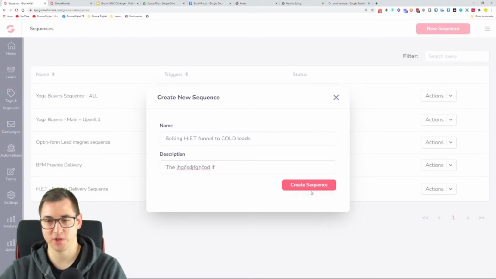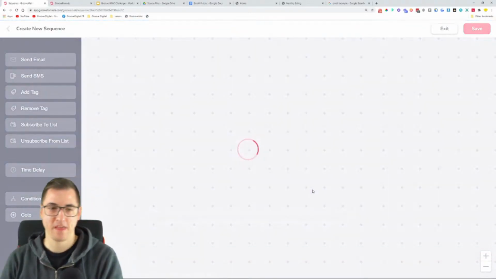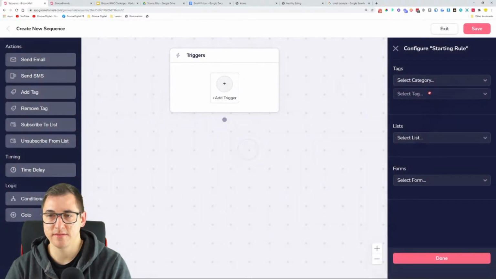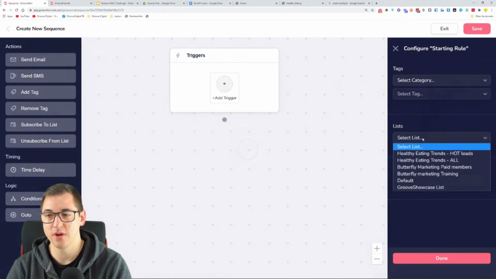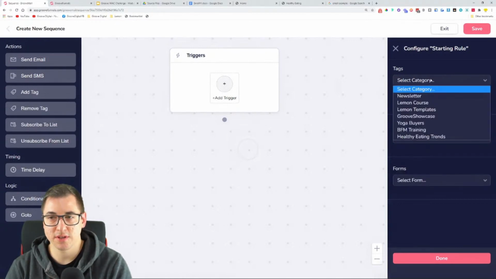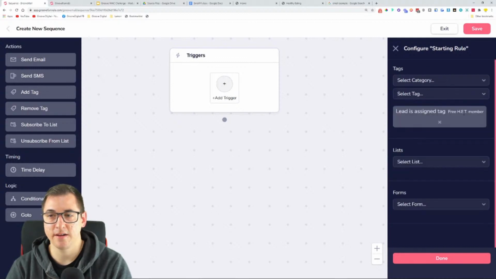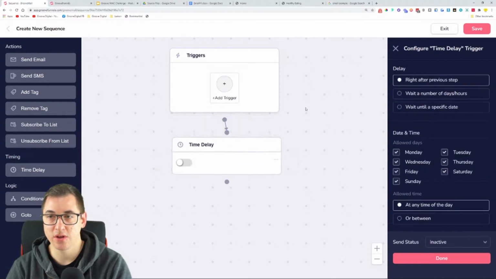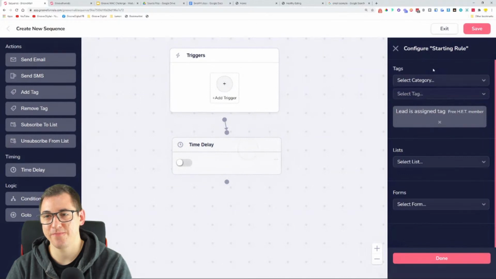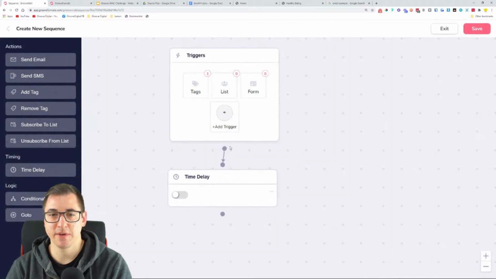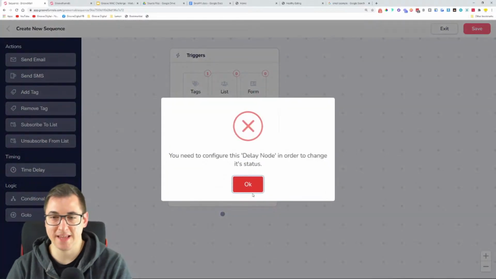You write in your description, create your sequence. Here you can add a trigger. If they got tagged, if they got on a list, you can also do the tags. Let's just select the tag category that we set up, healthy eating trends. Let's just choose free healthy eating trends member. We can do a time delay. So if somebody got... we didn't save, so make sure you save. Once you set up the tag, you need to make sure they're done. So if somebody becomes tagged, or somebody is tagged,